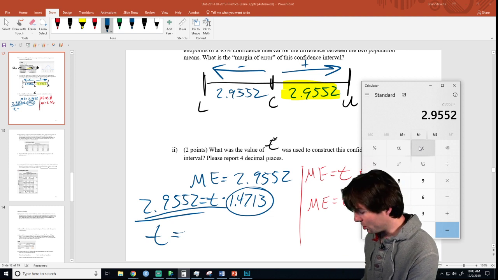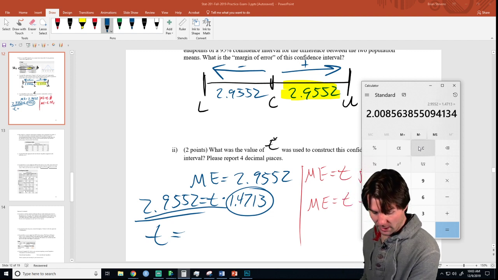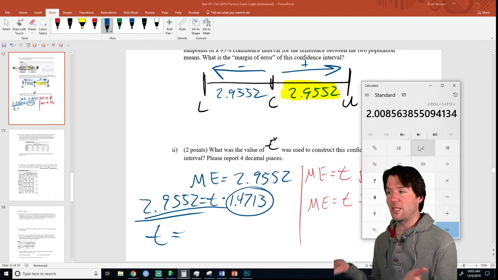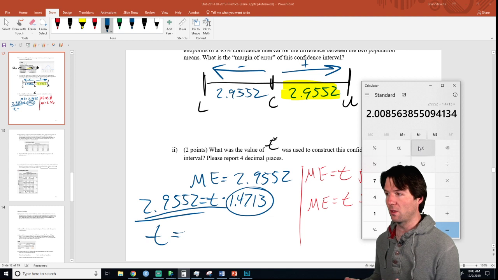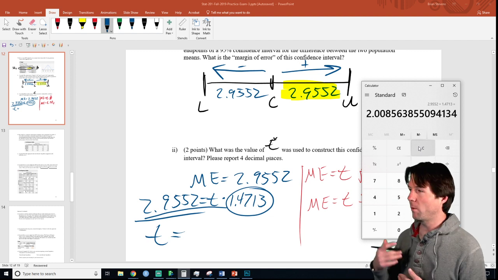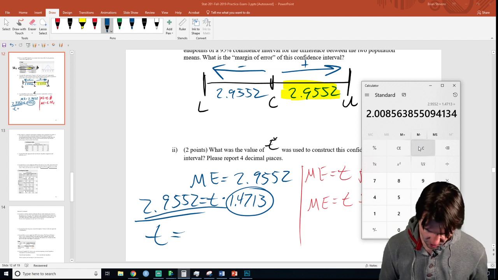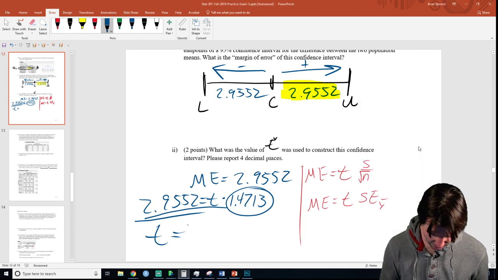Always kind of think about what it should be near. That's a trick I tell you guys to do. Like solve it in your head a little bit. If you think you're dividing, it's basically 3 divided by 1.5, so it should be close to 2. Always think about, well, what should I be kind of getting? What should it be kind of near? So it's 2.009 rounded,